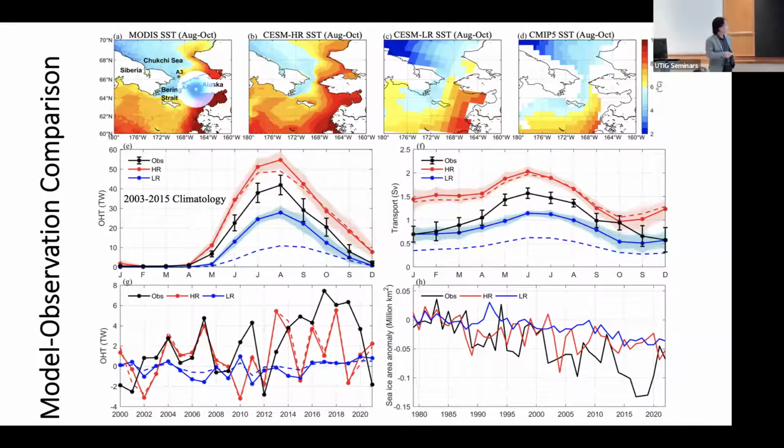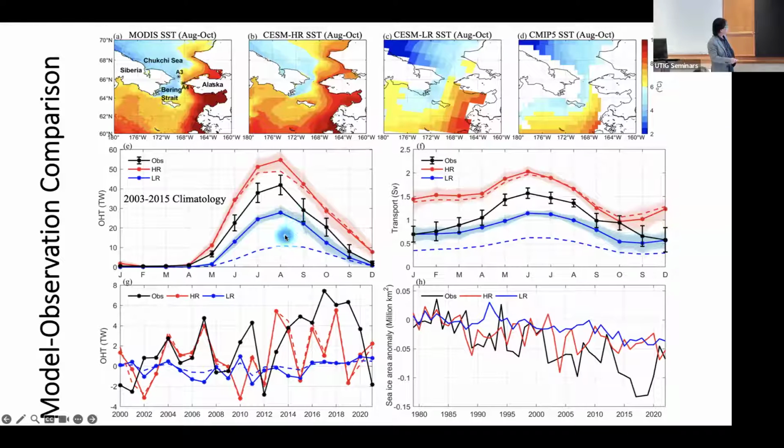So they take a point measurement. There are actually two point measurements, A3 and A4. You see these two stars here, and that's where we have the mooring in the Bering Strait. So using single mooring data, they are trying to reconstruct what the heat transport looks like. The observation, the black line here, uses this proxy method to construct the Bering Strait heat transport.